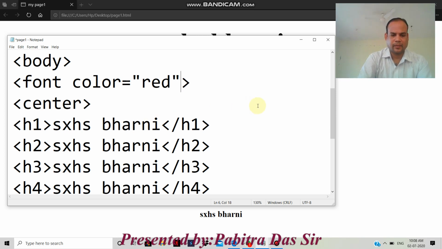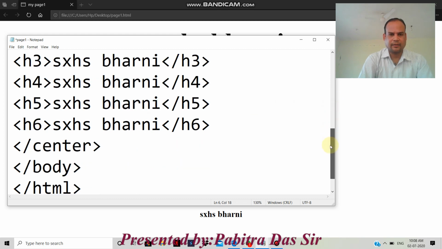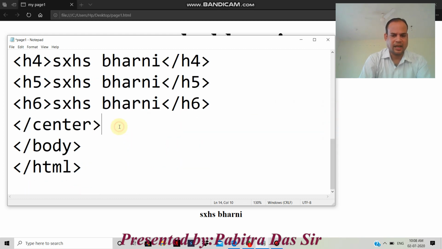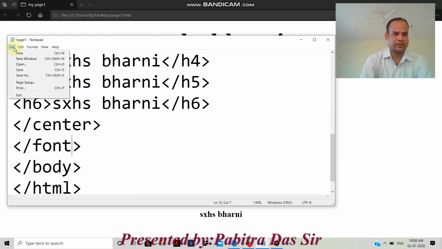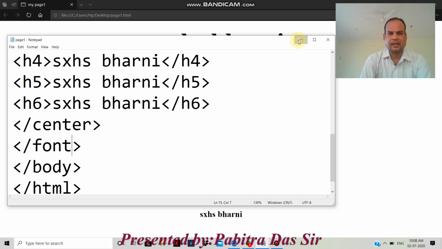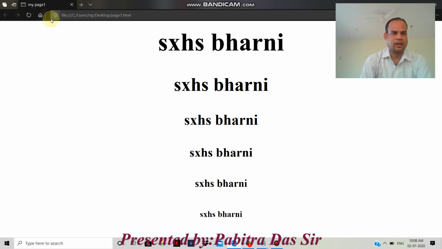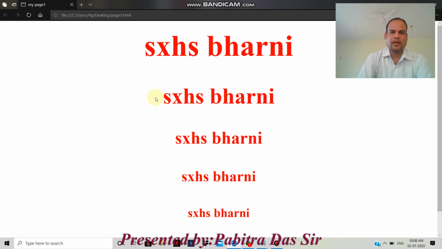Then close the font tag at the end. File, click save, then minimize and press the refresh button. Look here, the text is displayed in red color. The font tag changes the color of the text.